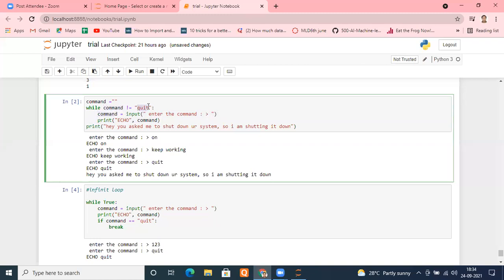That will be compared with the quit. If these are not equal, again this condition is satisfied. I will again enter inside the while loop and ask the user to enter the command. Once he enters the command, I will print whatever he has entered. Suppose he entered quit, it will be printed for sure, and checking is going to happen after that. So once he entered the command, first of all, that will be printed. Then we are checking it for the next iteration. Is it fine? Yes, sir. Okay, great.